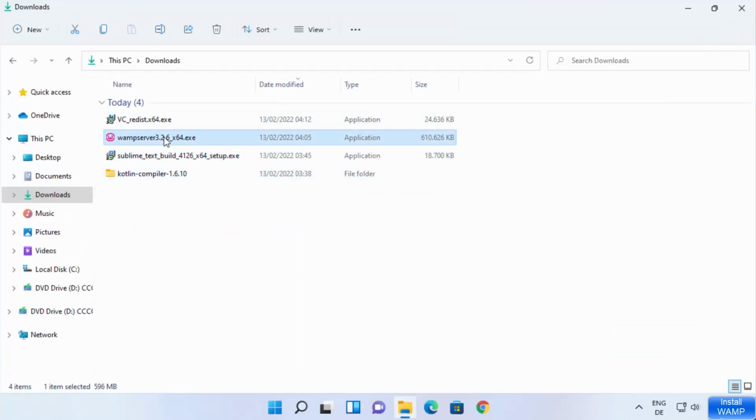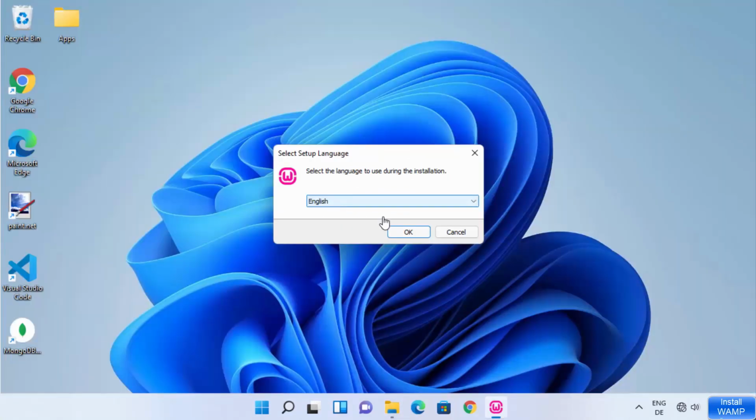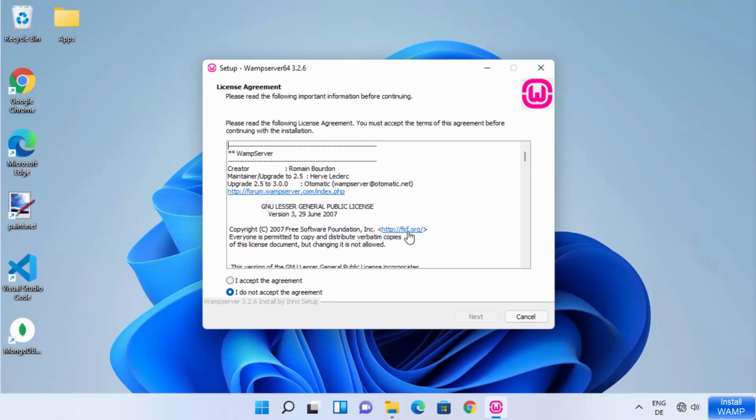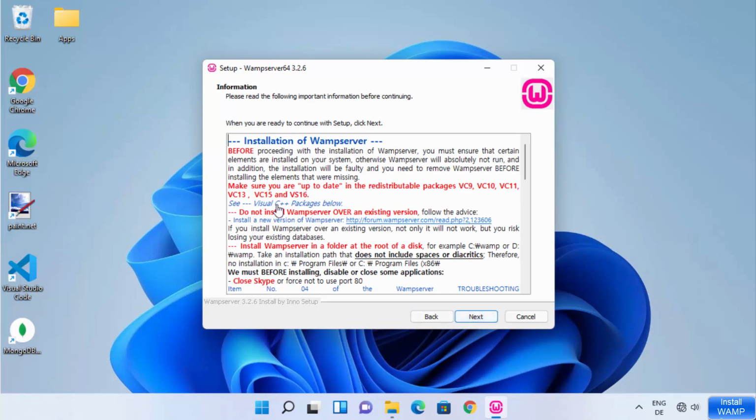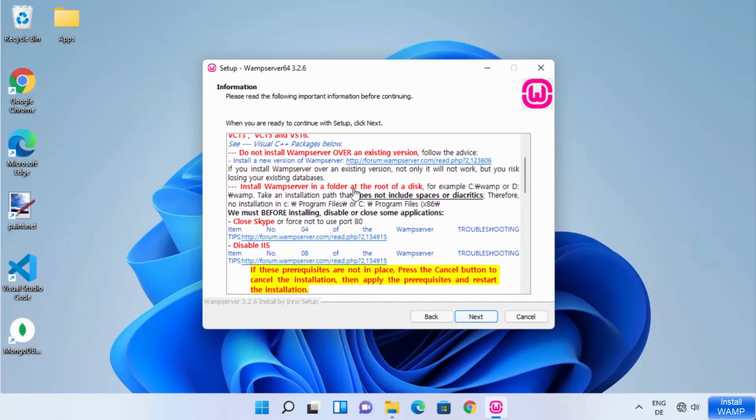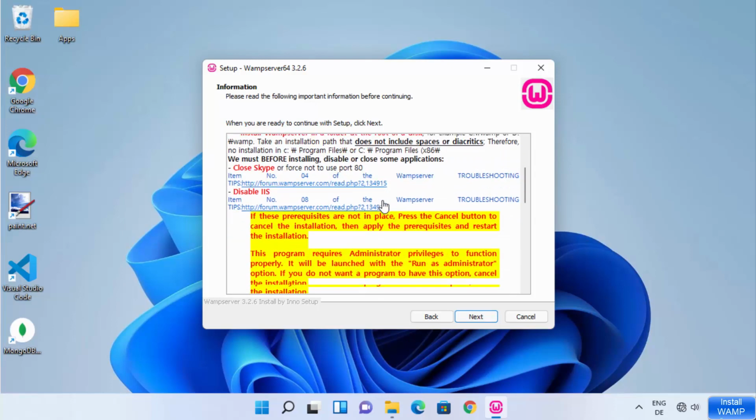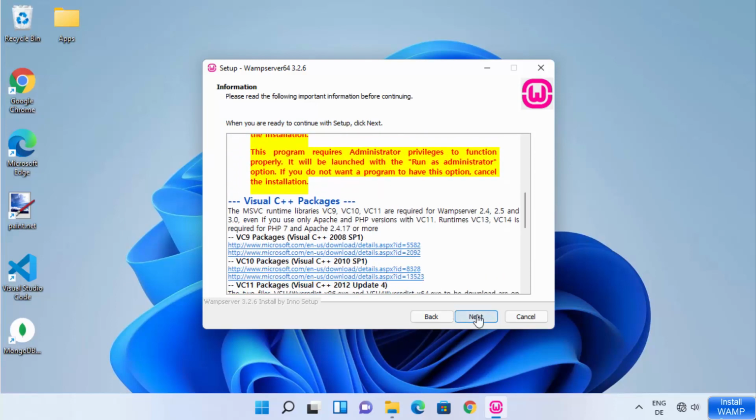So I'm going to just click on this executable file once again. Then I will choose English and then click on OK. And then I will accept the terms and conditions and then click on next. And because I have downloaded all the packages which WAMP server has suggested, I'm going to just click on next